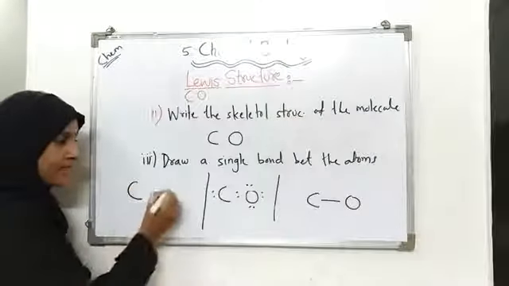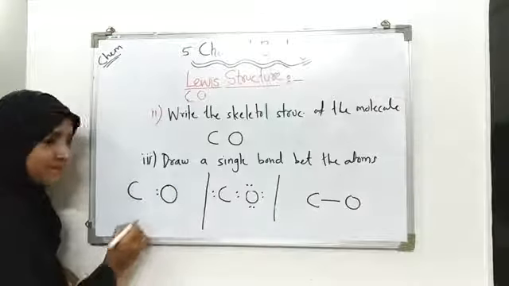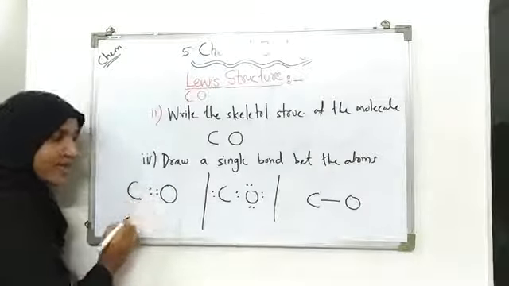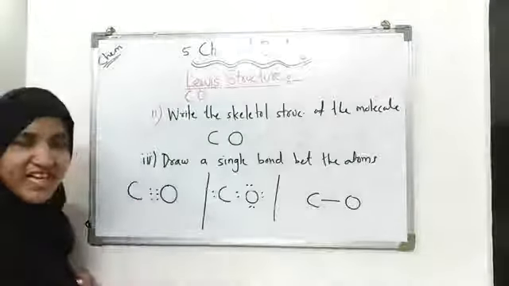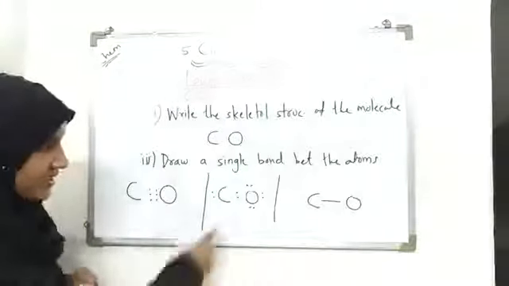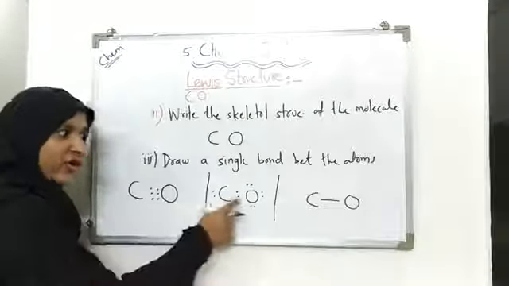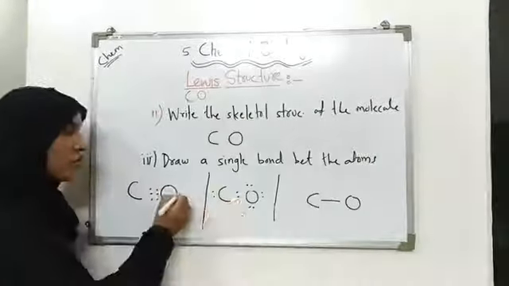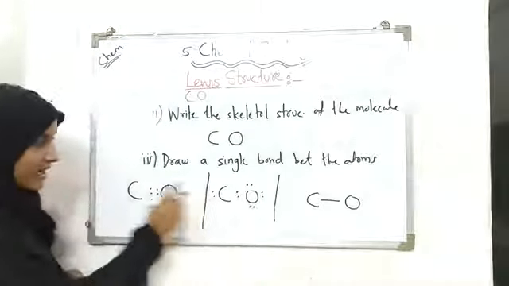ये आपका कार्बन, ये ऑक्सीजन। पहले ये लोग एक शेयर कर रहे थे, फिर दो शेयर कर रहे हैं, अब हम बोल रहे हैं कि ये तीन जोड़ियां शेयर कर रहे, 3 pairs are shared। तो ये वाला भी आ गया, ये वाला भी आ गया, और ये ऑलरेडी पहले से था। Now your oxygen has only 1 pair left here, और कार्बन का जो ये वाला पहले से था वो पहले से ही रहेगा।